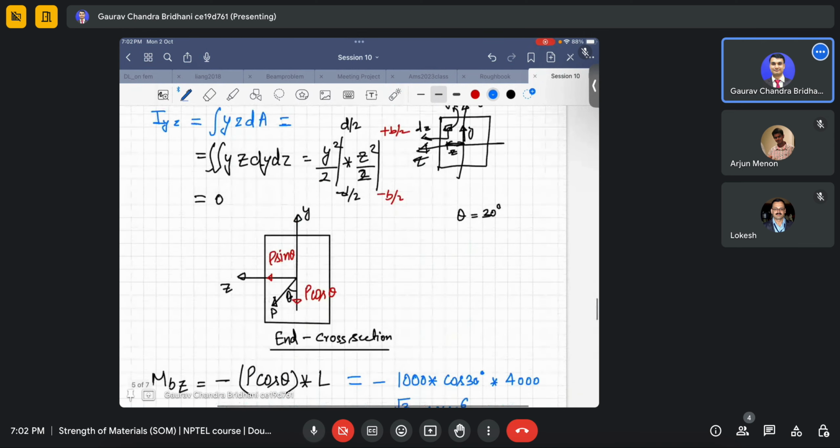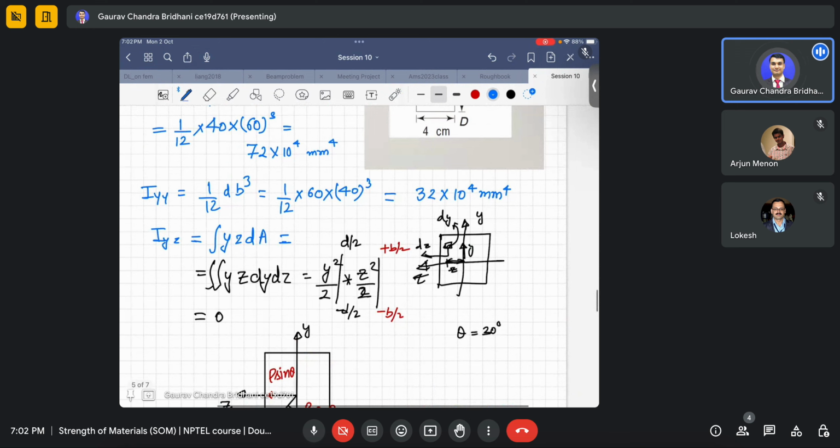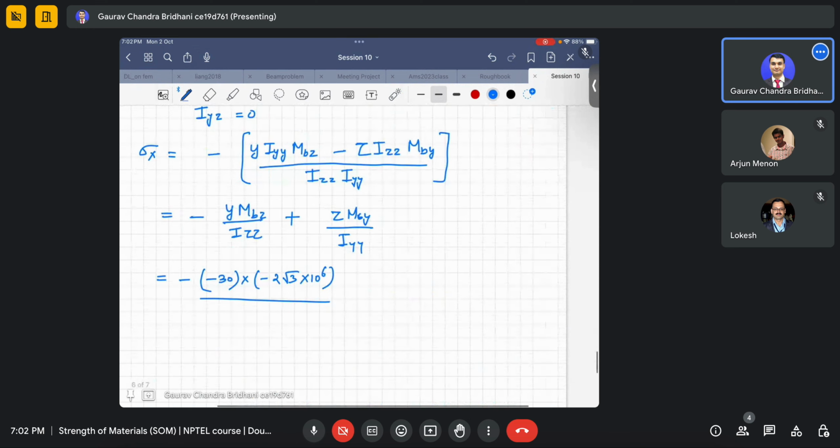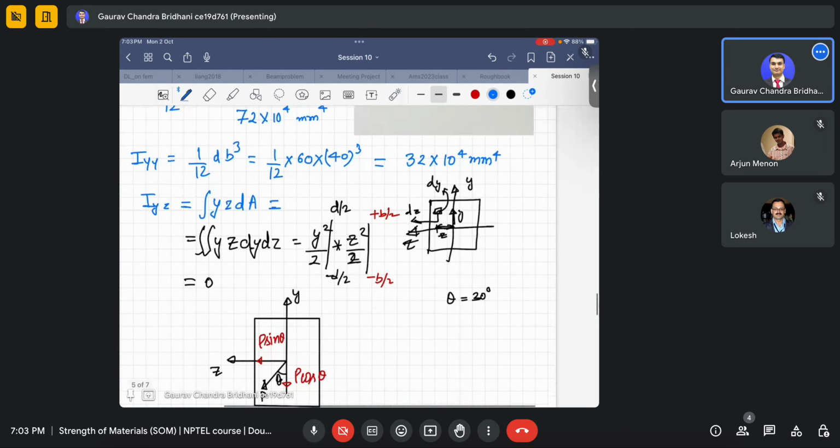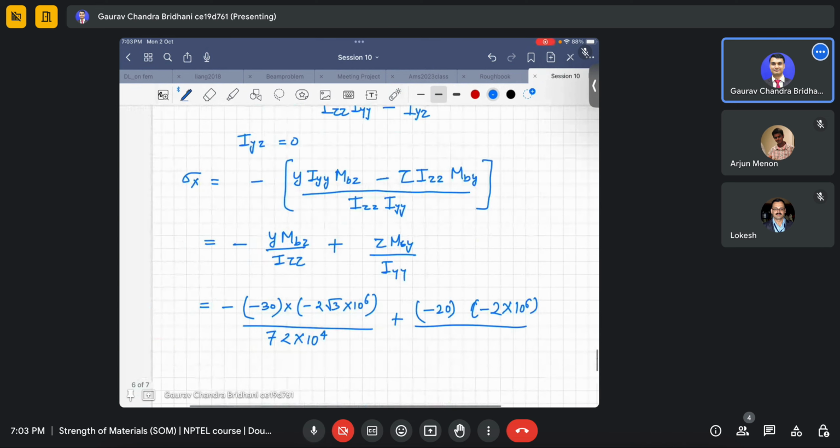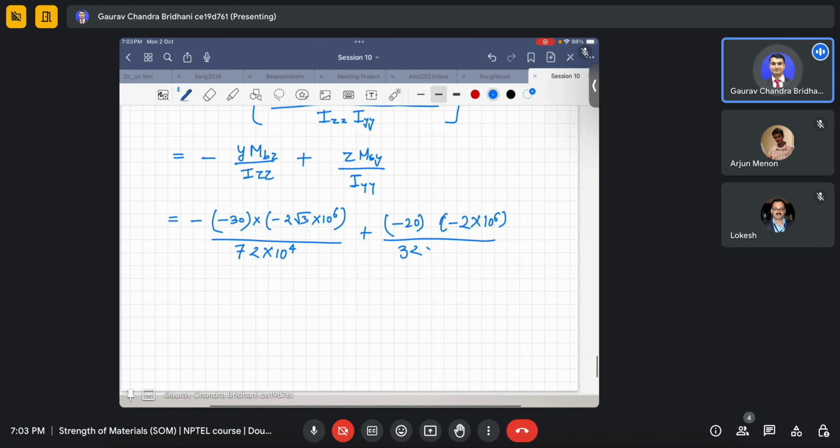Izz is 72 into 10 power 4, plus z is minus 20 and mby is again minus 2 into 10 to power 6 divided by, this is I think, 32 into 10 power 4. Okay,